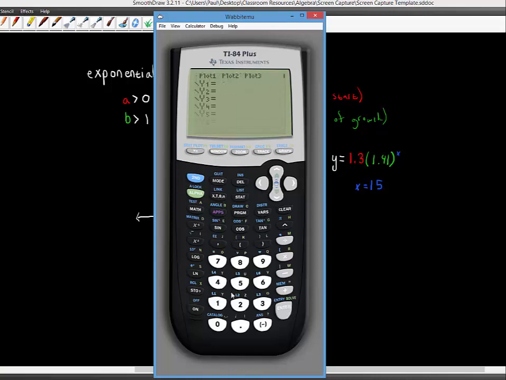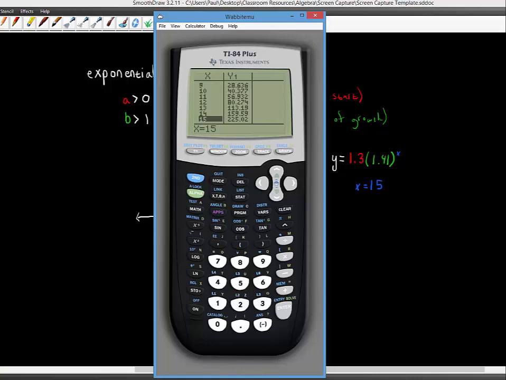And we could also have a look at the function y equals 1.3 times 1.41 raised to the x, and have a look at the graph and notice how it has this exponential growth shape. Starts flat, comes in and touches our initial value, and then begins to take off at an exponential rate. Zoom in here and you can see that the y-intercept is indeed a little bit above 1, at 1.3. And of course the table tells us the same thing, as well as our value of y, the speed,